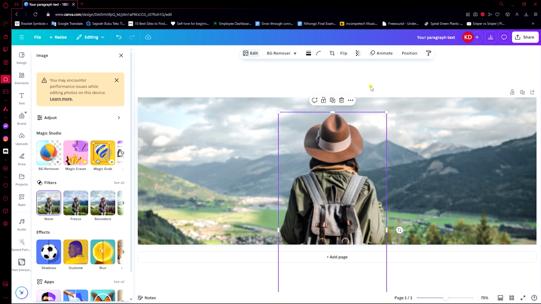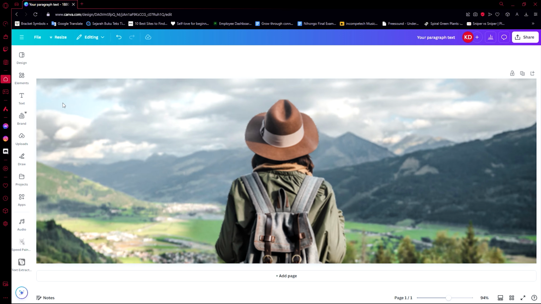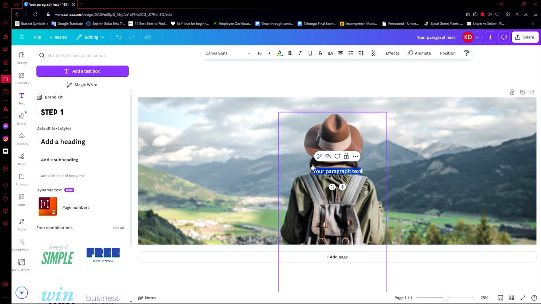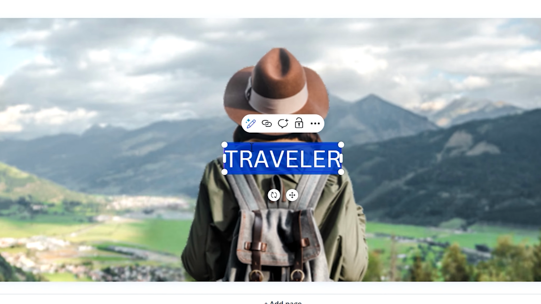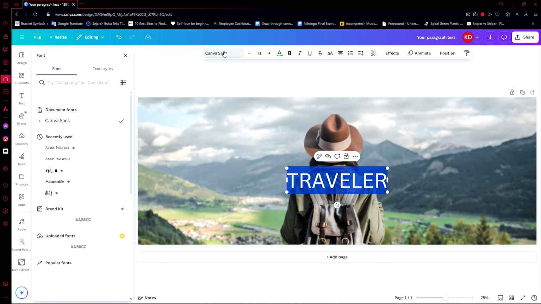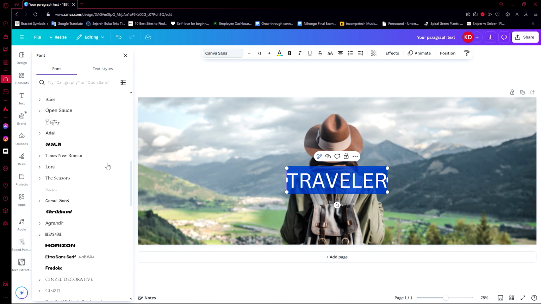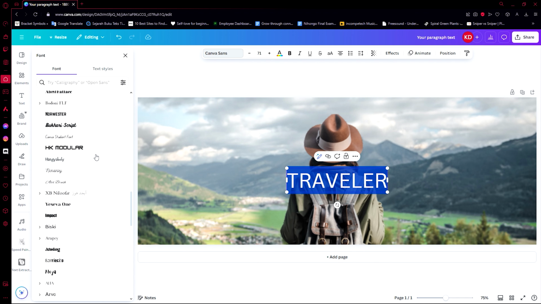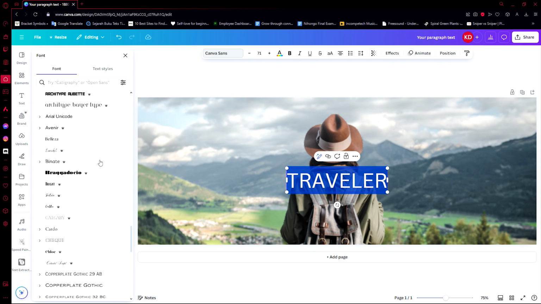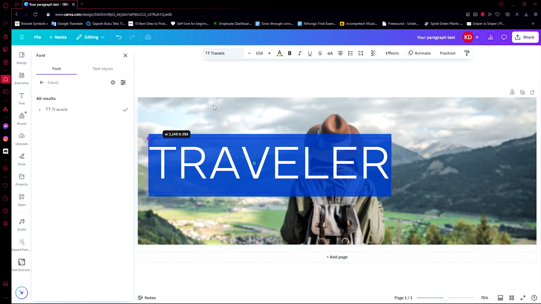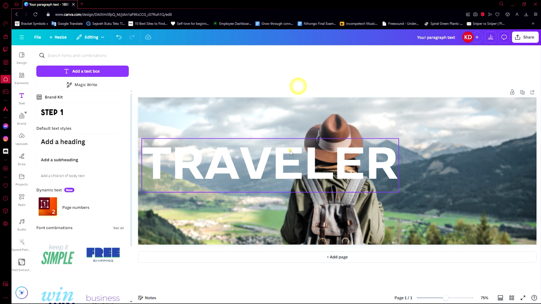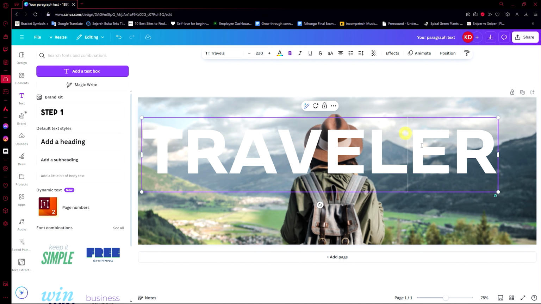Now what we can do is go to text, and now we can add a text box. Let's say we set this to traveler. We can even choose any of the fonts that Canva has to offer. Of course, I'm going to try and choose ones that would fit this the best, for example something about traveling. I don't know if Canva has, oh, this one, traveler. All right, so we can probably embolden this as well, make it a bit bigger, add some effects to it,